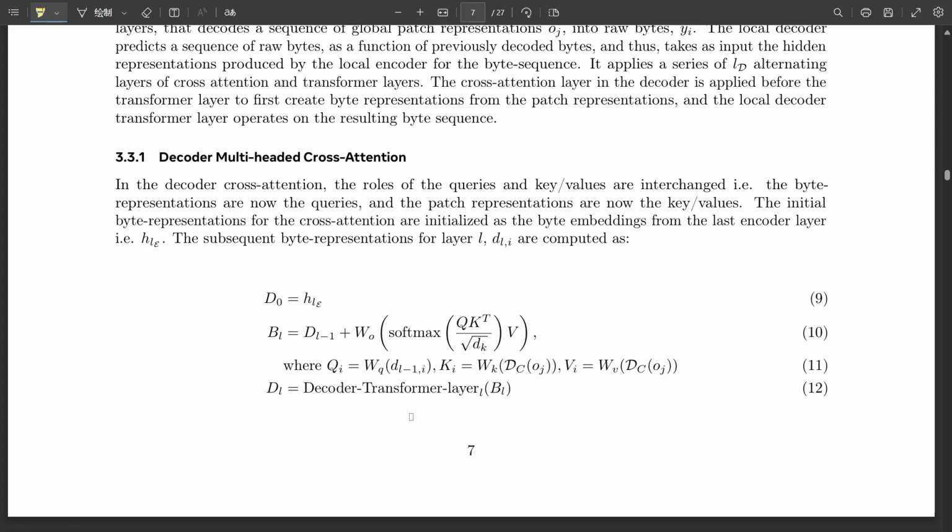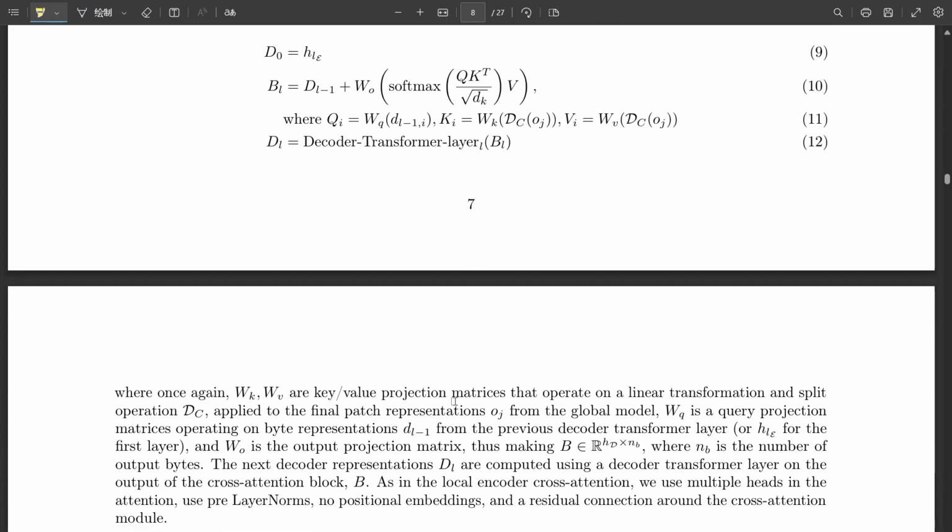But let's bring it back down to earth for a second. Okay. Does BLT have any limitations? Is it like the perfect solution? Well, like any new technology, BLT still has some hurdles to overcome. The research pointed out that we need to do more work on how to scale BLT effectively. Finding that sweet spot between the size of the model, the size of those patches, and how much data we use to train it, that's crucial.